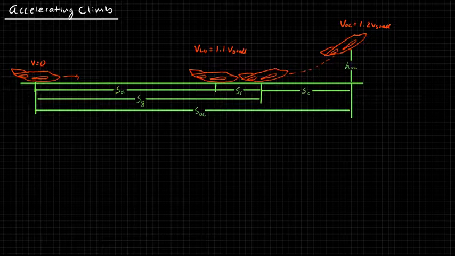So just to recap, the FAR takeoff distance, that's this SOC, is the distance required for an aircraft to accelerate to the rotation speed, rotate, and then take off and reach an obstacle clearance height. And we've talked before that the liftoff speed by FAR regulations has to be 1.1 times the stall speed, and the obstacle clearance speed has to be 20% above the stall speed, or 1.2 times the stall speed.